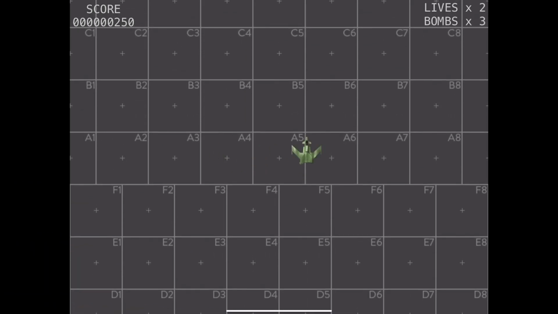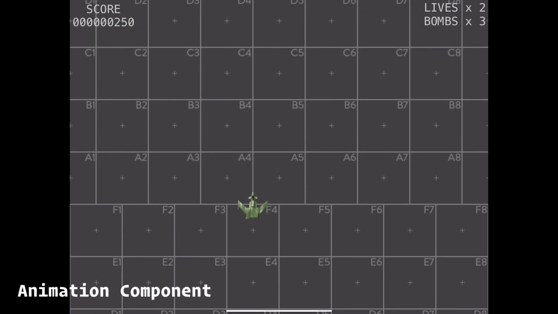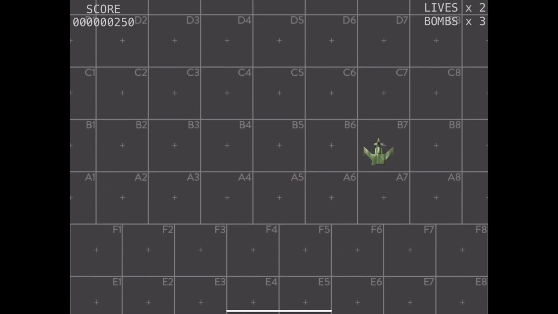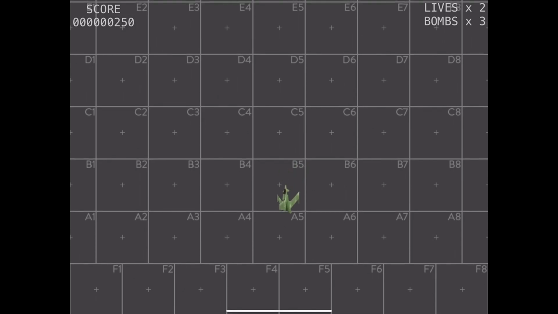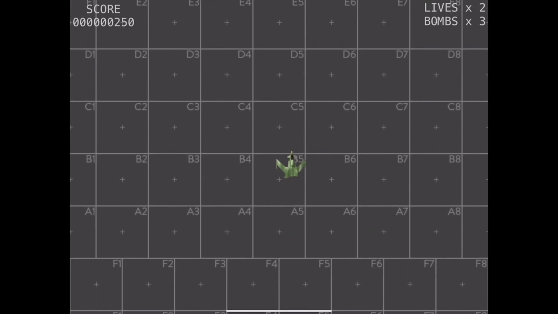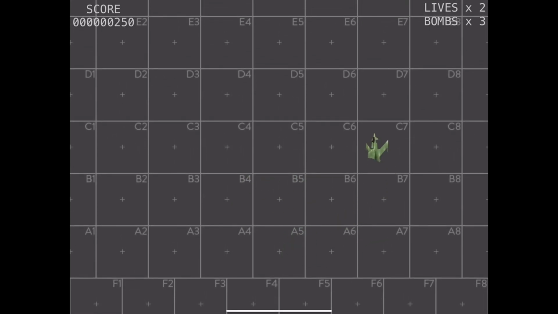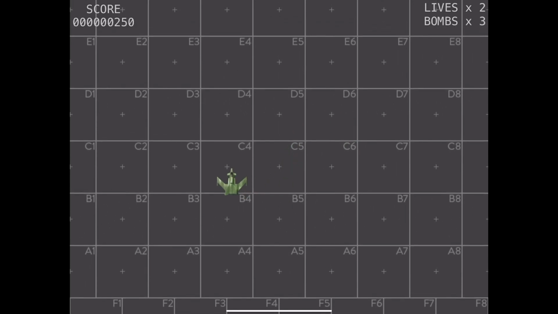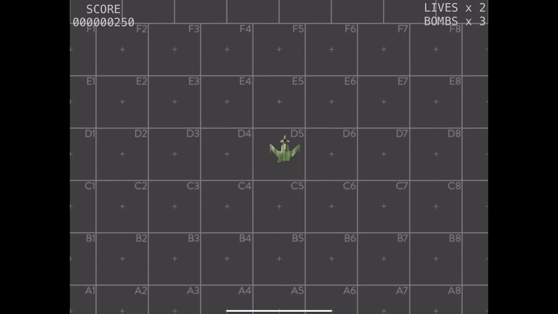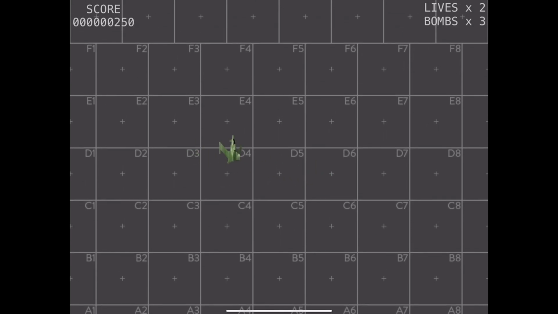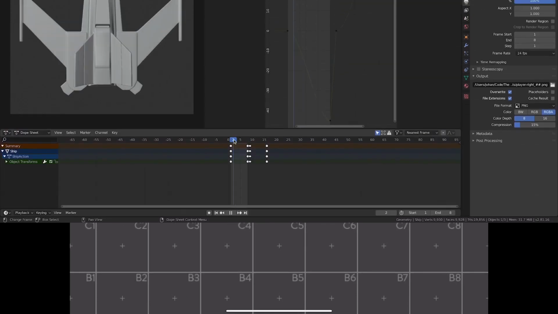Then we have another new component in the entity component system, the animation component. This component is loosely depending on the state machine component that was introduced in my previous devlog. The animation component takes a dictionary with the animation sequences associated with animation states. So when there is a state change, the associated animation will run.